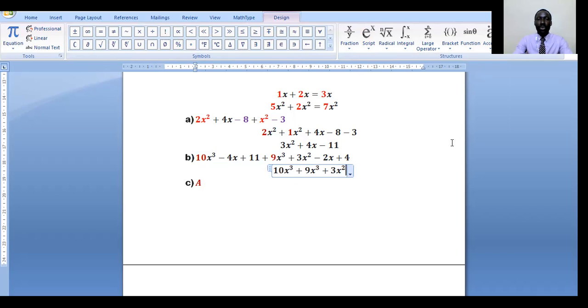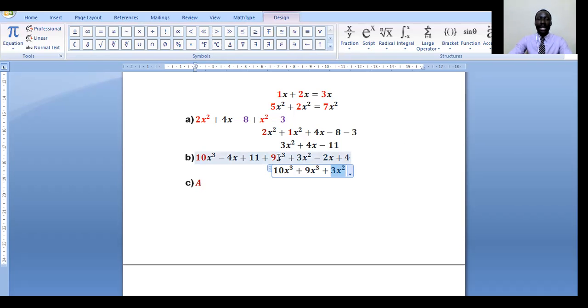The next thing we want to move to is now the term with x. Now notice that even when we are doing grouping, we want to follow the pattern that the quantity with the highest exponent comes first, then followed by the second highest and the third highest. In this case, the quantity with the highest exponent is x cubed, then followed by x squared, then followed by x. That's the reason we brought 3x squared before we could bring the 4x and the